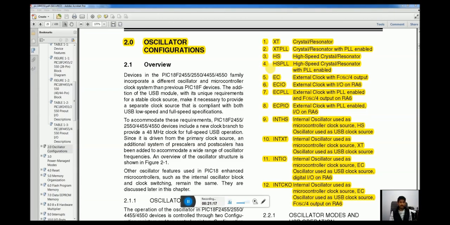I will suggest you to use HSPLL, because in that case, if you disable PLL, it will act simply as a high-speed crystal oscillator, and if you enable PLL, you will have an option to switch to a higher clock frequency if required. This was all about the clock source.